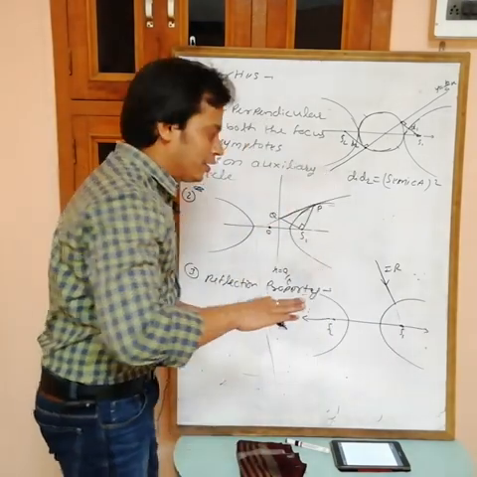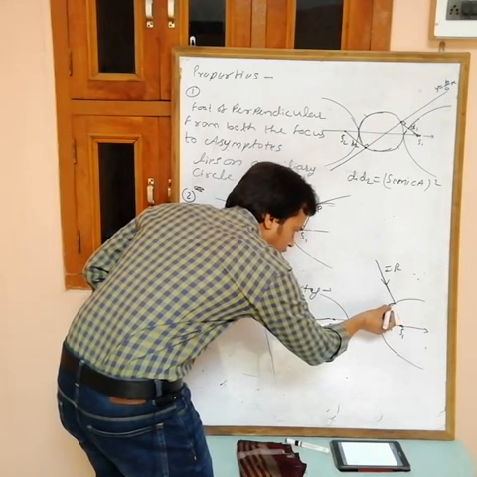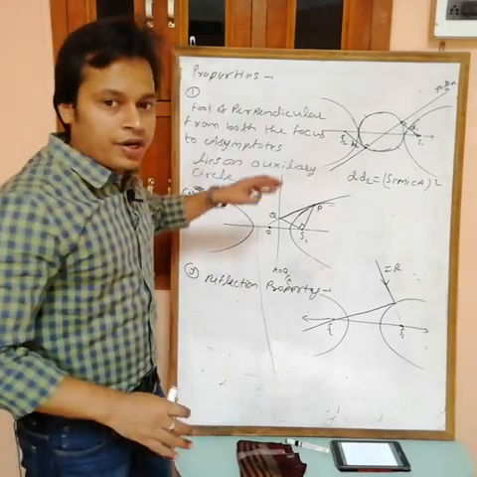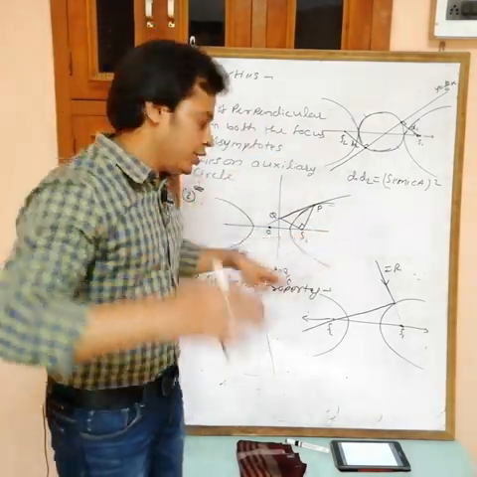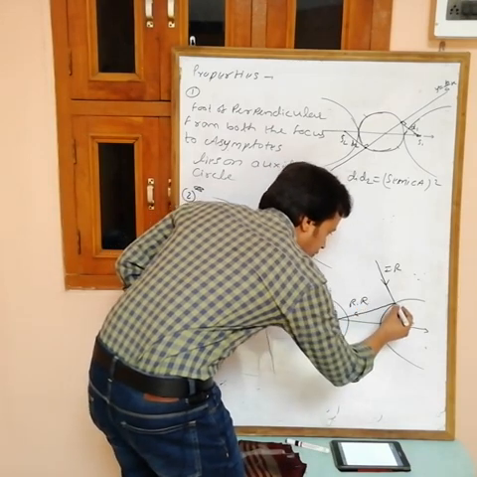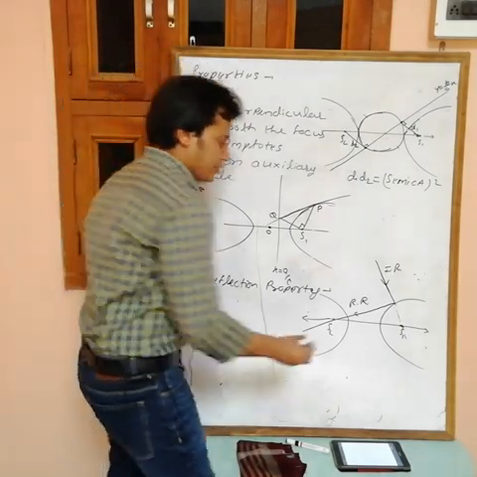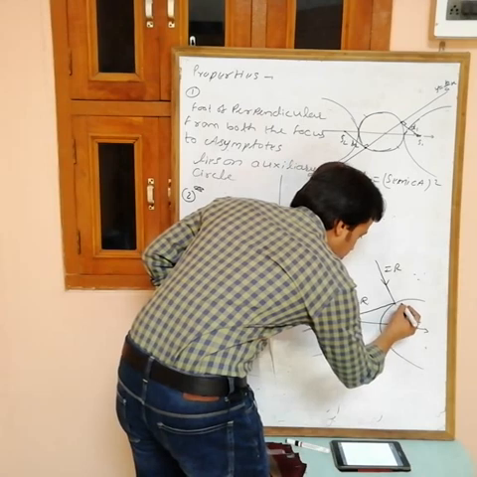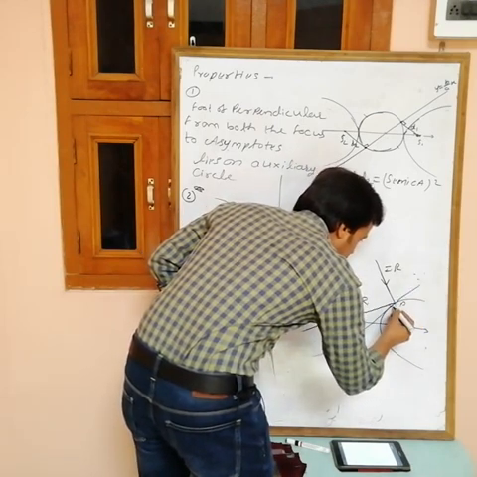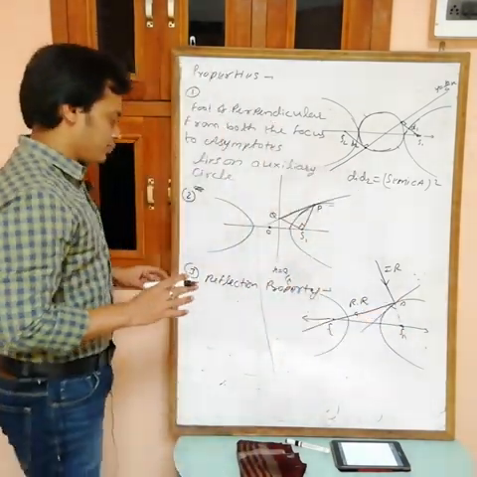Then after getting reflected from the surface of the hyperbola, the reflected ray will pass through the other focus. If the incident ray is along one focus, then the reflected ray always passes through the other focus. This is the reflected ray. Okay, this one is along S1. It means again the same thing: this is any point P, and the tangent bisects the angle between PS1 and PS2. Okay, remember this one.